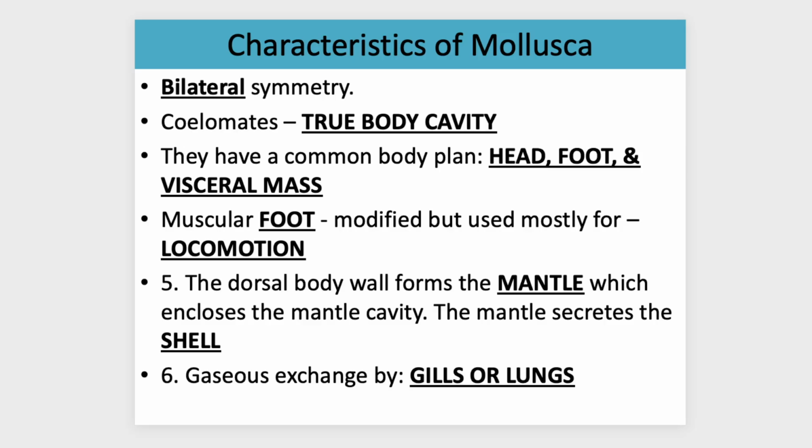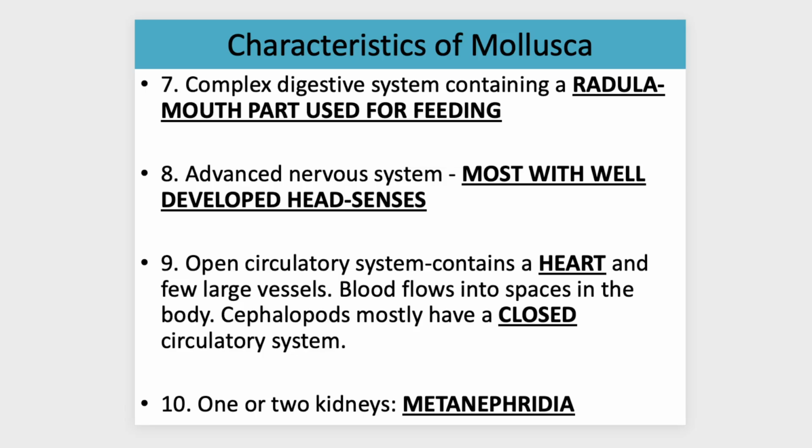The muscular foot is mostly going to be used for movement. But again, you'll see that in different ways in different animals. The dorsal body wall forms the mantle, which encloses the mantle cavity, and the mantle secretes the shell. And we'll talk about what that looks like. And then gaseous exchange for respiration is going to be through gills or lungs. They're going to have complex digestive systems,